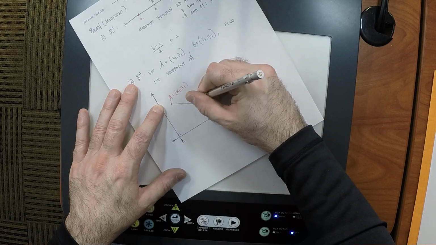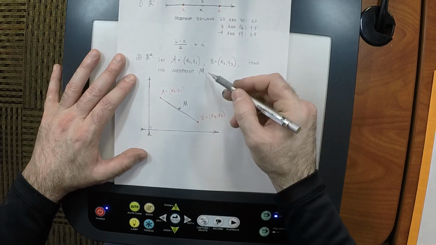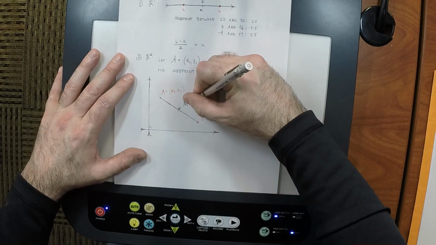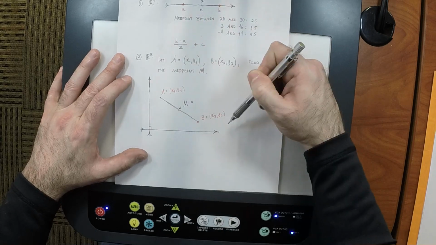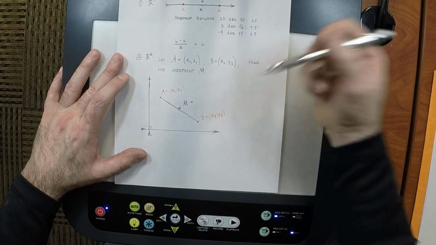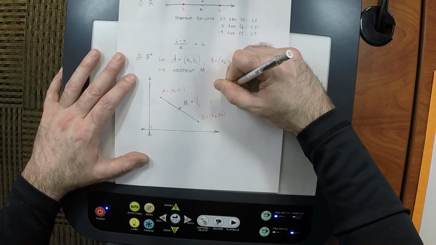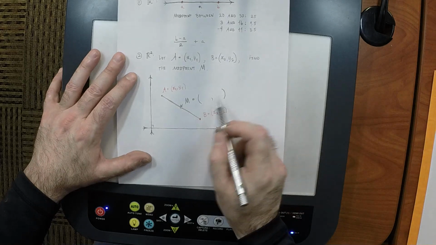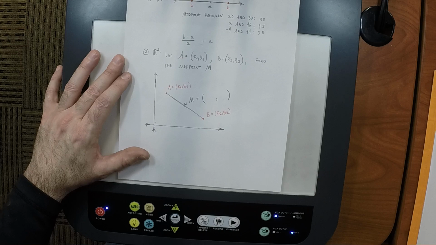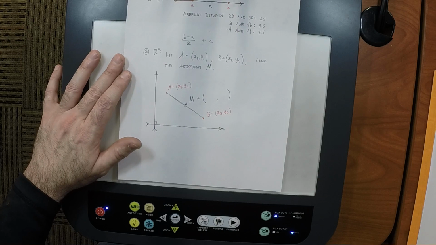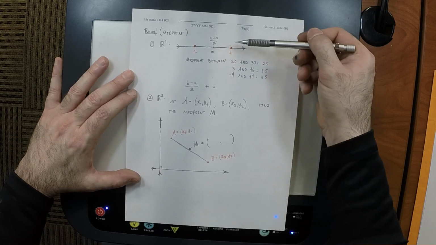And we said right there that we'd call it M. So what we want is a formula, just like A has two coordinates, x1, y1, and B has coordinates x2, y2, M is going to have two coordinates. And in some sense, what we need to do is write what goes in there. That's what we need to do. Okay. So the way that we're going to have to do it is to see how we did it here.